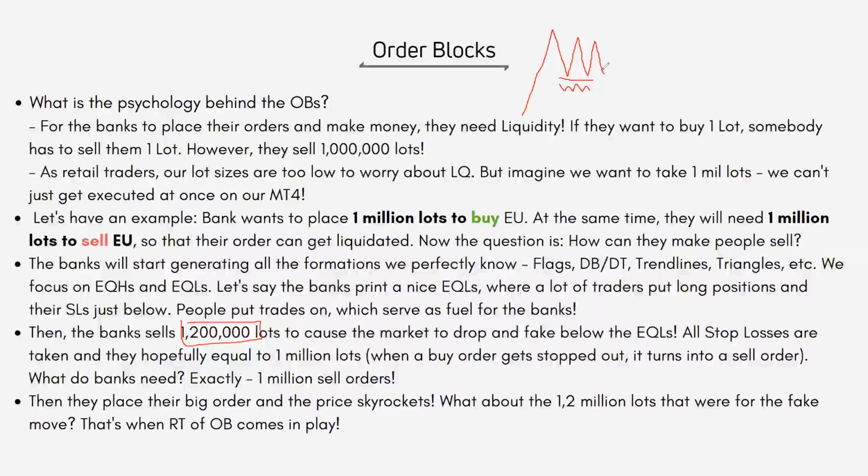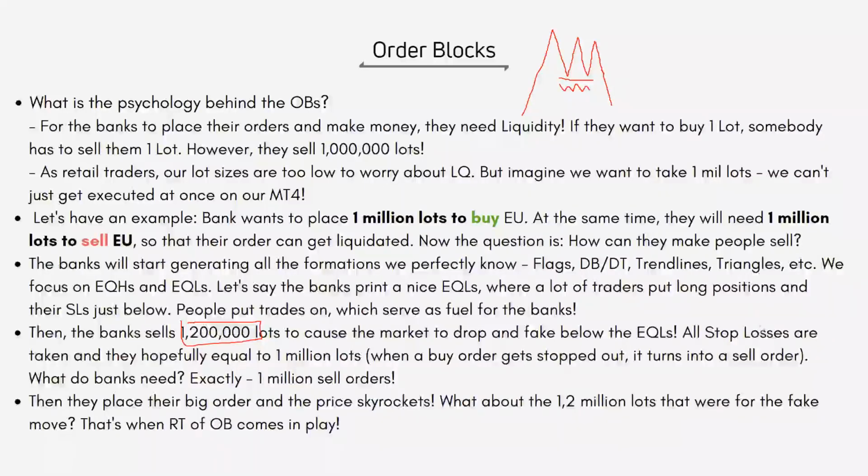So what's going to happen is the market is going to move very sharply to the downside, all right? And it's going to take out all of those orders. What are those orders going to become? They become buy orders. Because if you have a sell orders. So if all the people are buying from here, their stop loss is actually a sell order. So I hope that you're actually aware of this, right? When you buy and you place your stop loss below price, if your stop loss gets hit, your position turns into a sell because you basically sell your buy, right?